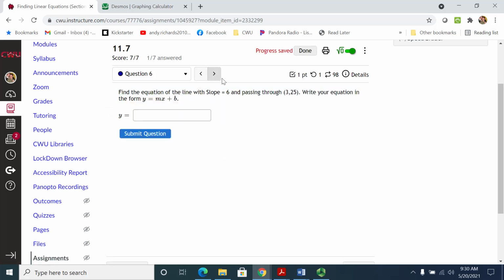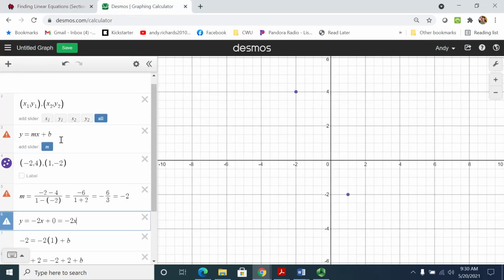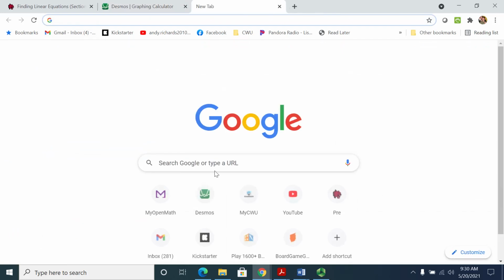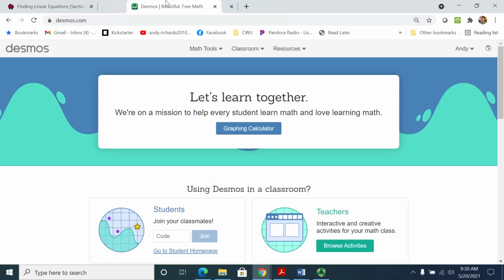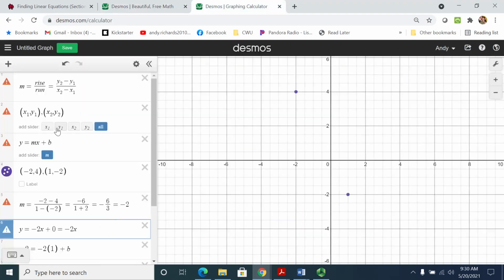Let's look at our second bit, where instead of 2 points, we're told what the slope is and what our coordinate is. Well, not surprisingly, this is going to speed up this process because we don't have to go through this middle part right here in order to find the slope. We're given half of what we need. We're given the slope, and now we can find what the